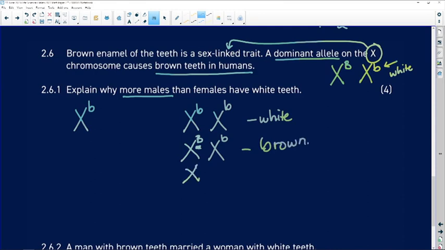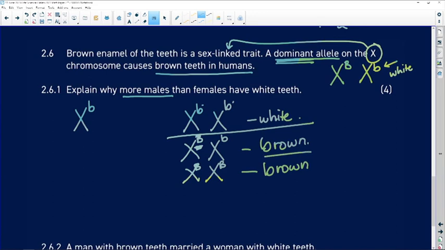And if she has two brown alleles, she will also have brown teeth. Because it's a dominant allele, the woman needs to have small b in order to have white teeth. As soon as she has one capital B allele, she will have brown teeth. When she has two brown alleles, automatically brown teeth.